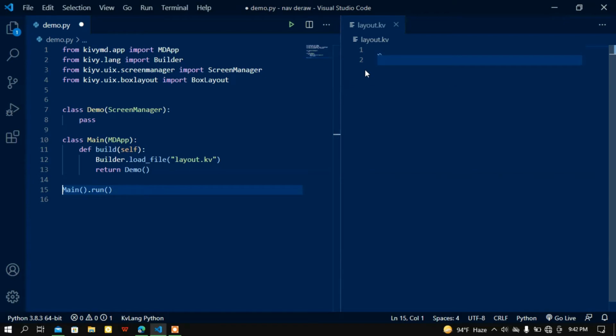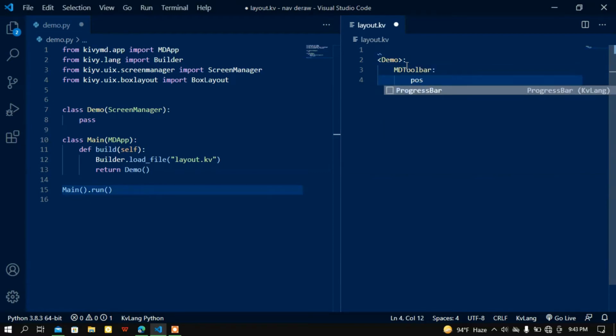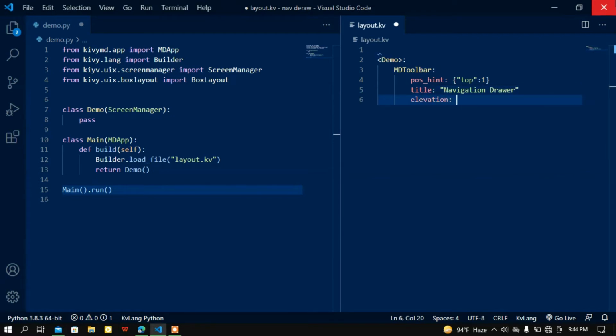Now in my layout.kv file, here I am going to load this demo class in angle brackets. Now let me set an ID before. Now I want to load the MDToolbar widget, okay? I want to set the pos_hint, okay? And the pos_hint will be, let's say, at the top, okay? Let me set the title, and the title will be MD navigation drawer. After that let me set some elevation, let's say 8,